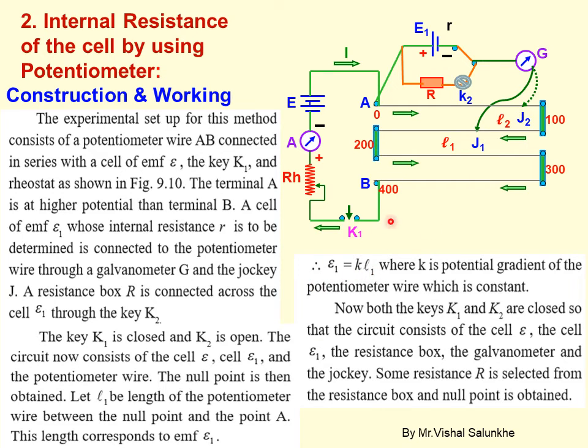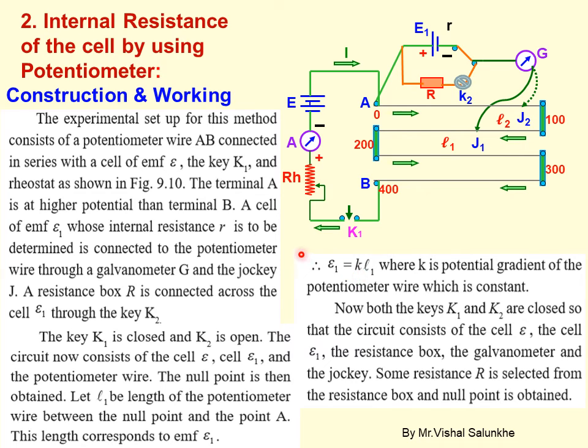But in the second case, K1 obviously we have to close, and K2 also, in this case we have closed. So the current is going through E1 and also through the resistance box. So we have removed some keys from the resistance box, so definitely the initial EMF will be reduced. Definitely there will be a potential drop across this current I and resistance box R. So next time what we get is not the EMF; here we will get V. Are you getting my point?